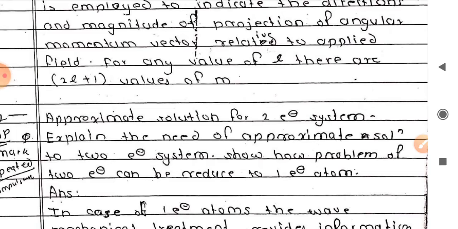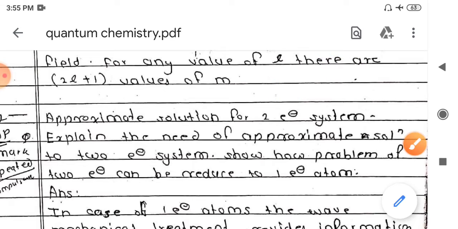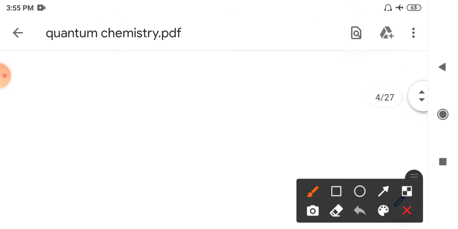Up to now we have seen various systems like the 1D and 2D box, the rigid rotor, or the hydrogen atom problem. So we are considering only the 1 electron system. We are changing the nucleus, even in the case of helium plus or lithium 2 plus. That type of atom also contains only 1 electron in its valence shell. But if we consider the helium atom, what is the condition for the helium atom?